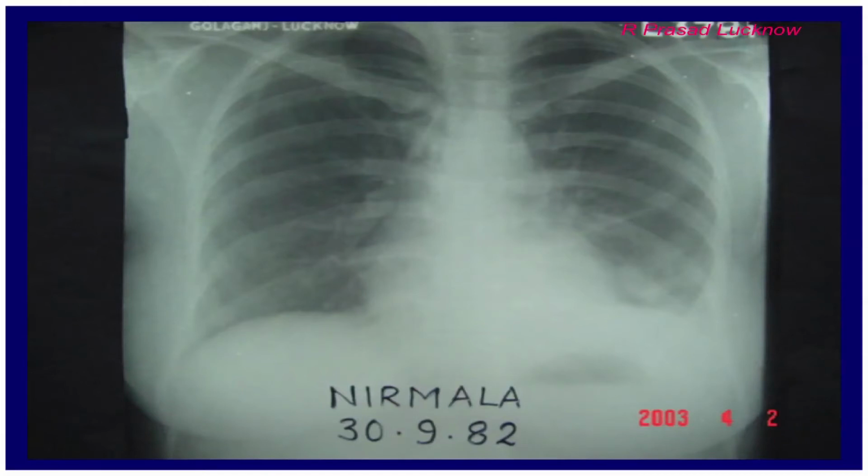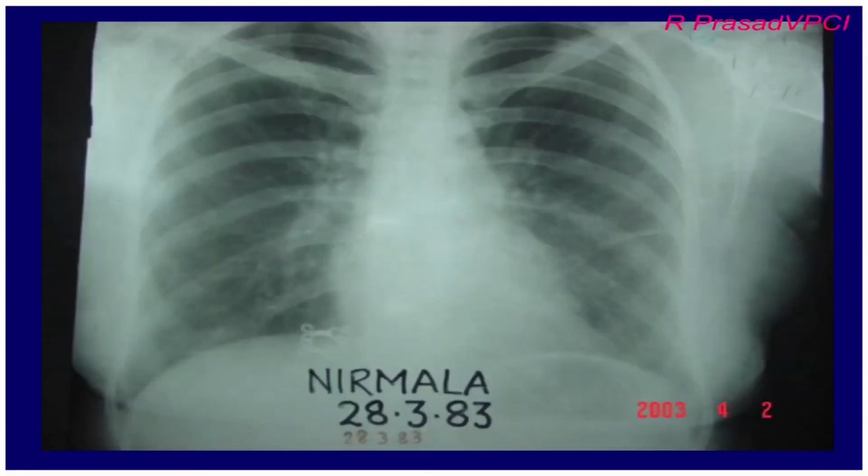But since she had symptoms pertaining to chest disease in terms of fever, in terms of chest pain, we investigated this lady further and found there is an infrapulmonary pleural effusion on the left side, and you can see fluid was aspirated, proven to be tubercular, treated with anti-TB drugs, and you see after the treatment her diaphragm became normal.